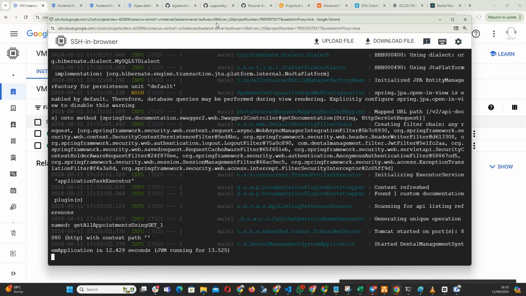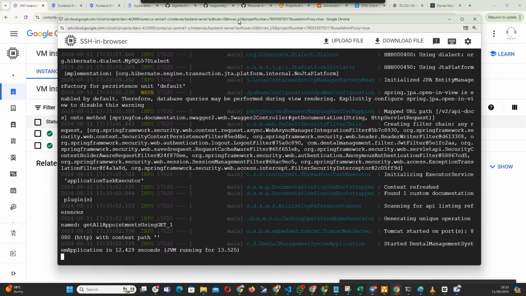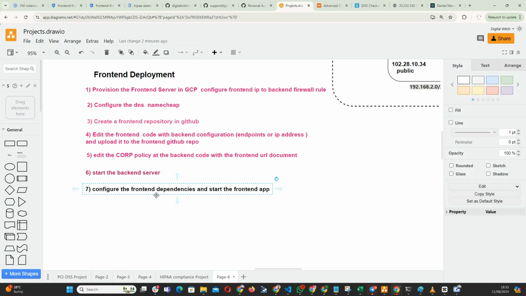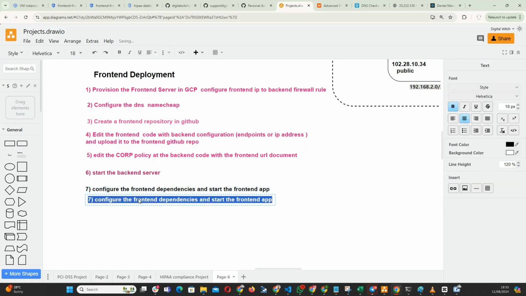I have to go to the front end and then start the front end. Okay, so from this, I said that I need to install some dependencies. So what are the dependencies that I need to install? The dependencies I need to install is just what,